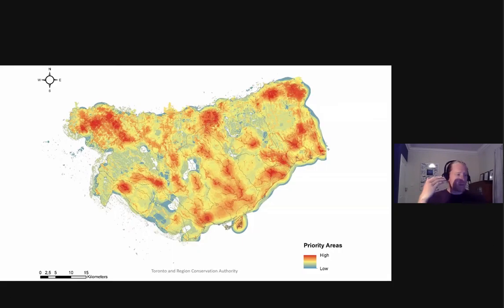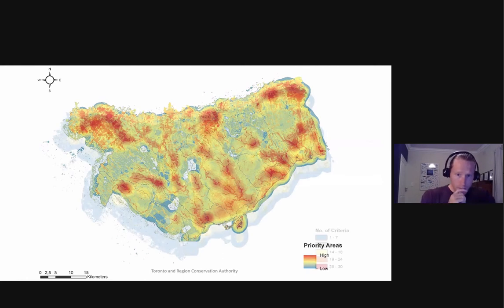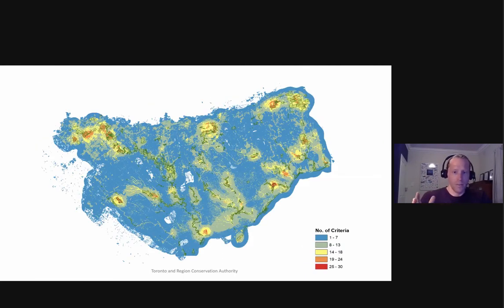And I'll just jump straight into what we developed at the end of this. If you can imagine all of those criteria with their own spatial data overlaid on top of one another, then you've got these areas that jump out as hotspots. The red areas here would be areas of high priority, and I think this was done to the 10-meter cell size. So this just shows a map of the areas in which the number of criteria, obviously the closer to the red end of the spectrum, you've got more criteria that were applicable for that area, and would therefore be important in management.